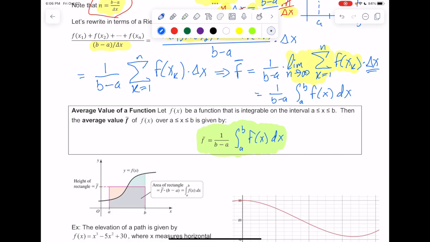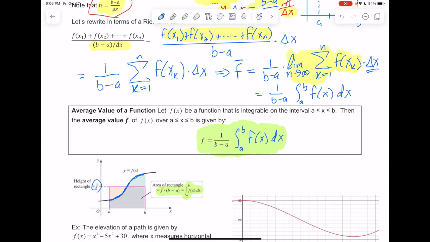All right, so down here we have an illustration of what's going on. We have all these different heights on our function. There's infinitely many different heights, but the average value f bar represents, if you were to somehow take all infinitely many of those points and average them, what would the height be? Another interesting thing that comes out of that is if you take the formula that I've highlighted in green up there, and then you multiply both sides by b minus a, you would get that f bar times b minus a is equal to the definite integral from a to b of f of x dx.